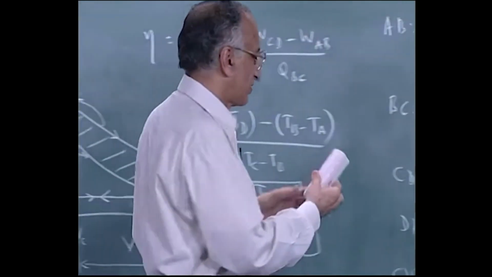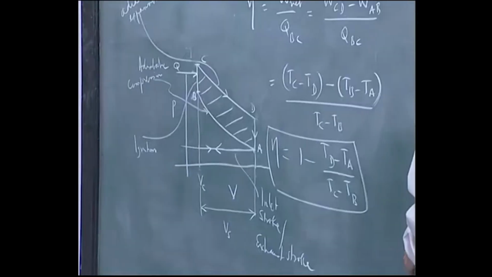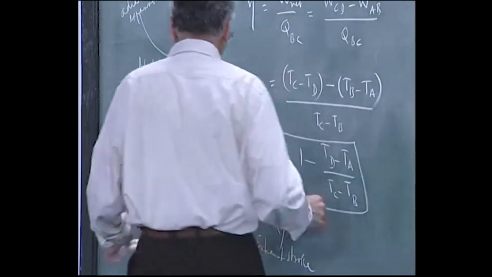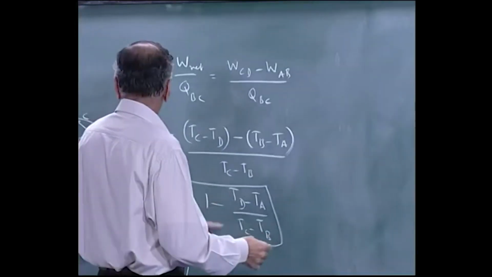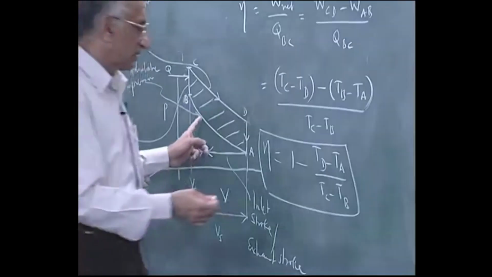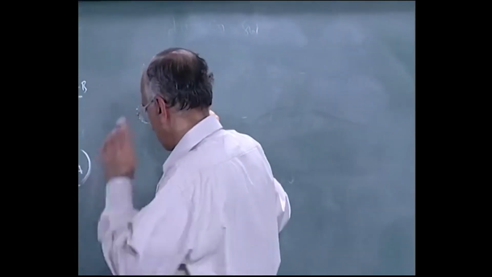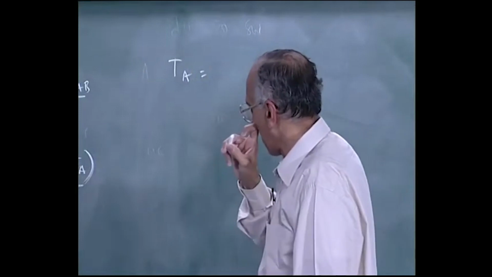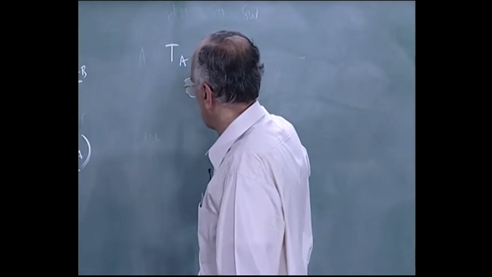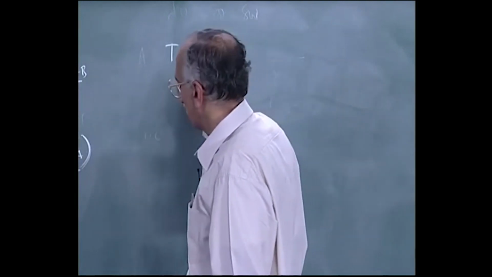What we can do is work this out in terms of geometric specifications. As far as possible you get all the variables in terms of geometric specifications. We will do that. So we will just calculate each of these temperatures, then I can get these ratios. TA, I am wondering, okay, TA is known. I will leave TA as it is. TB,